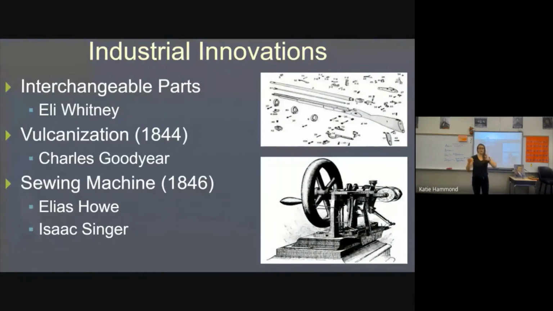Okay, and in case you've never sewed before, you have to go like this, and it can be a lot, very painstaking with details. But now, you would have this pump and a sewing machine with the needle, and all you have to do is guide it through, and every time you press down the pump, the needle goes like this. Instead of doing it by hand, you're just tapping your foot. You see how you can now mass produce clothes. If you're a seamstress or a tailor, you can make clothes a lot faster, so you can make more clothes and make more of a profit.